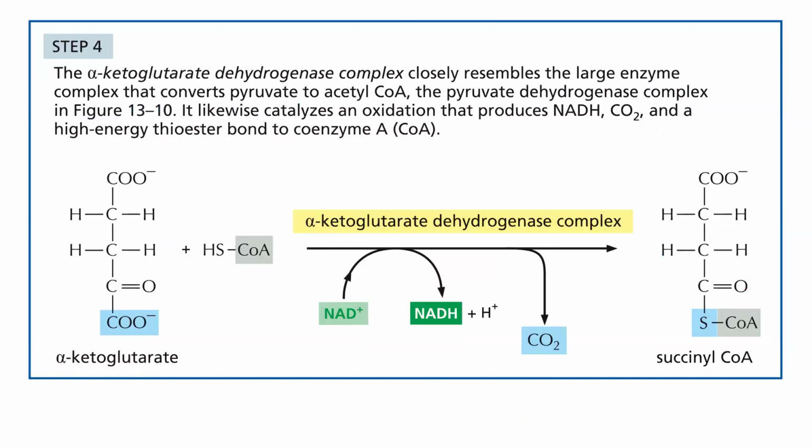Step 4. Why stop a good thing when it's working? Do it again. Alpha-ketoglutarate dehydrogenase is going to do that. It's going to oxidize alpha-ketoglutarate, break some bonds, steal some protons, steal some electrons, and use those electrons to reduce NAD to NADH. And we broke bonds, so we're going to release that last carbon from glucose. Like boom, boom, right?